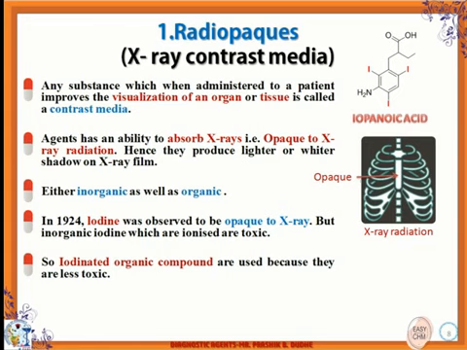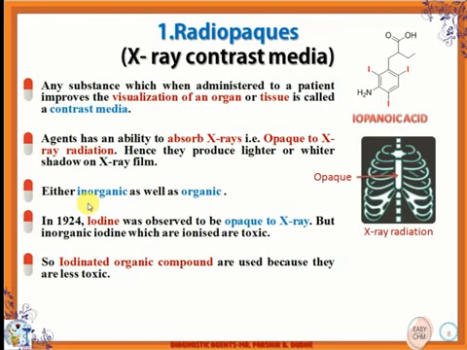We can also observe, if it is injected in the blood, whether it is going to the specific artery, because these agents tell us the exact path where they are moving; they absorb the radiation and become visible in the X-rays. That's why their use in the medical field is so important, and they are used in so many ways to detect body functions. Now these agents are of two types.